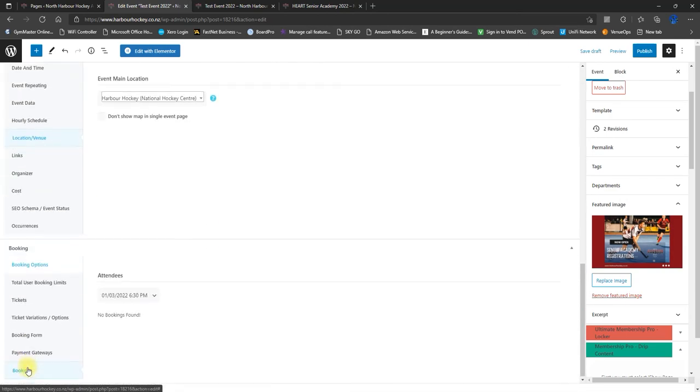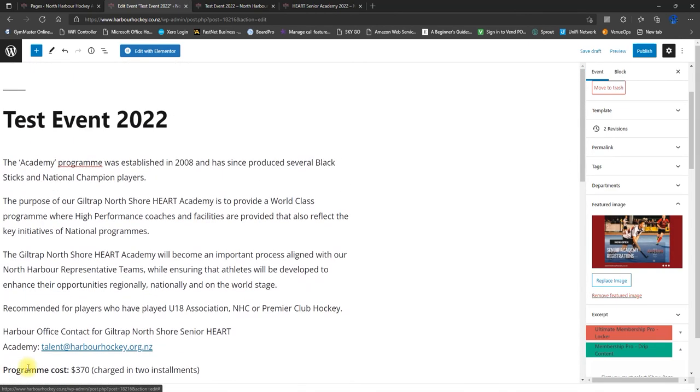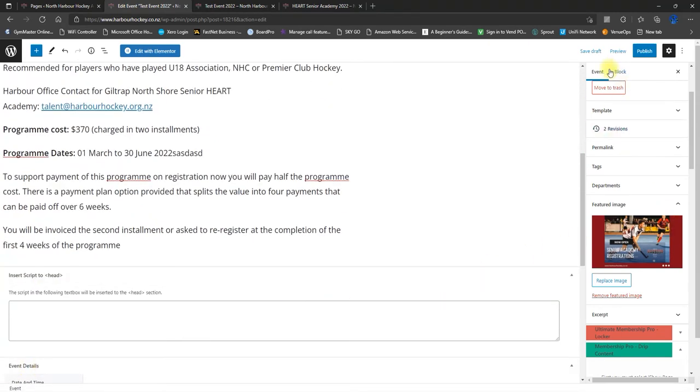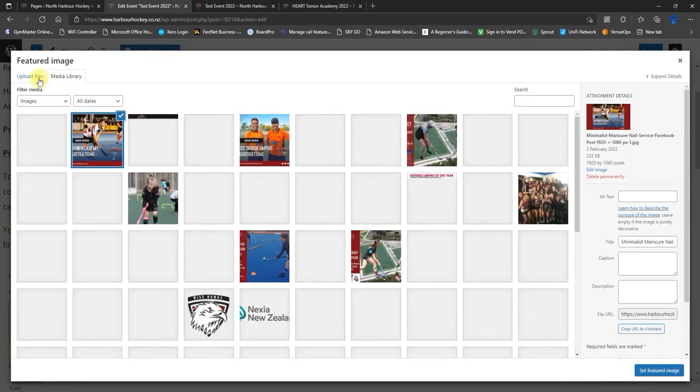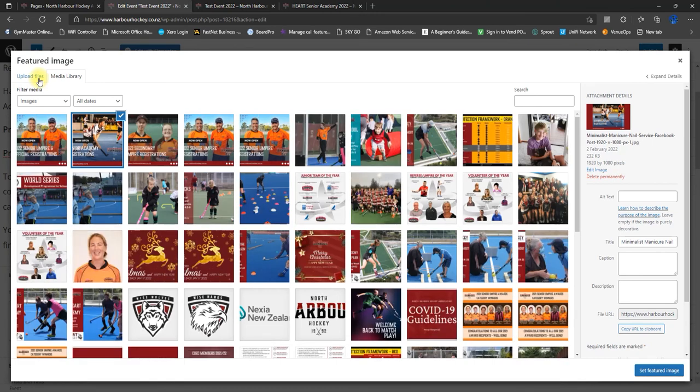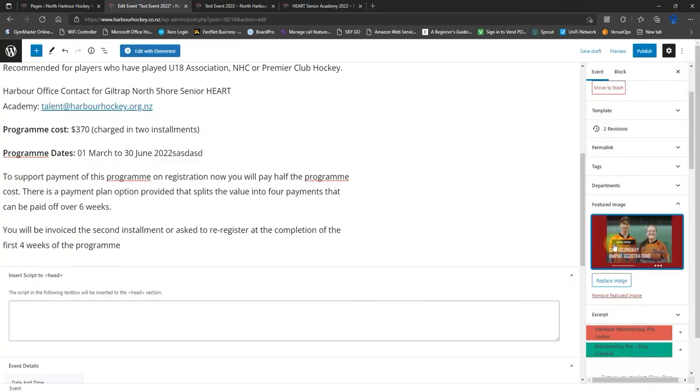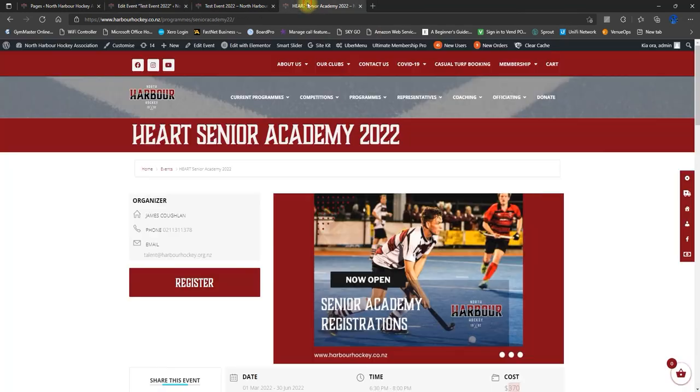Once you've done all of these things, and you work your way from top to bottom, move to the right, check that you're in the event listing and that you're in the featured image option, and you simply click on your featured image. This will be very familiar to you if you've built a page or a post, and we select the image we're going to use, set it as the featured image, and you'll see it turn up there. Once we're done, and if you want to see a draft, you save it as draft, and then over here we'll refresh the draft page.